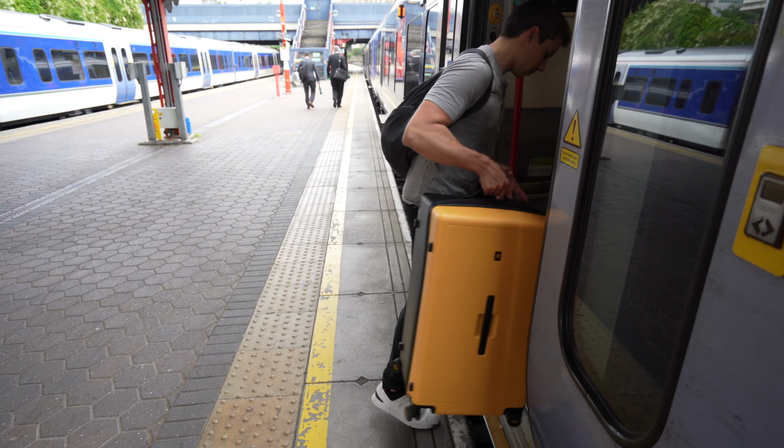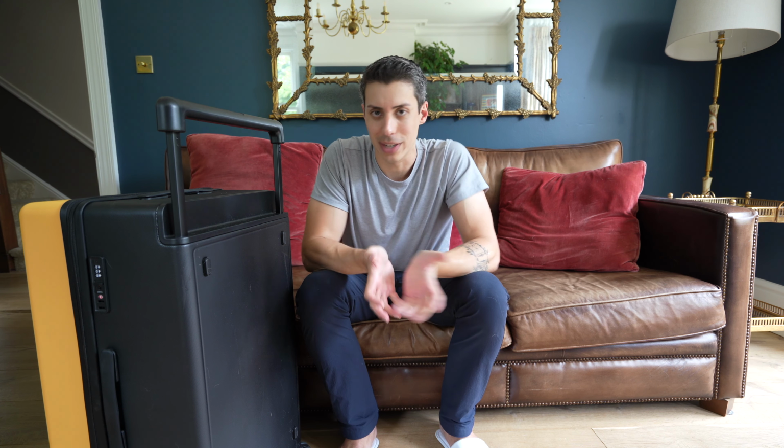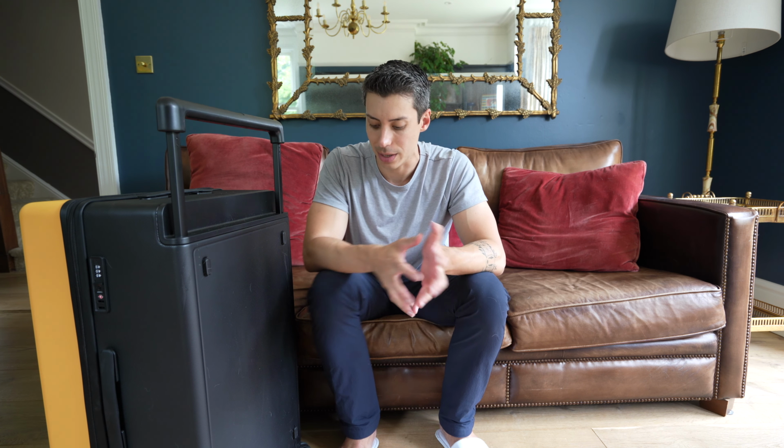You can see it's a little worn, and that's because we have taken it on a couple of flights. I've been testing this for about the last week because I didn't want to just test it blind. I wanted to actually see what it was like to walk through airports, take it down gravel roads, et cetera. Which brings me to maybe my favorite thing, these wheels. So they talk about these